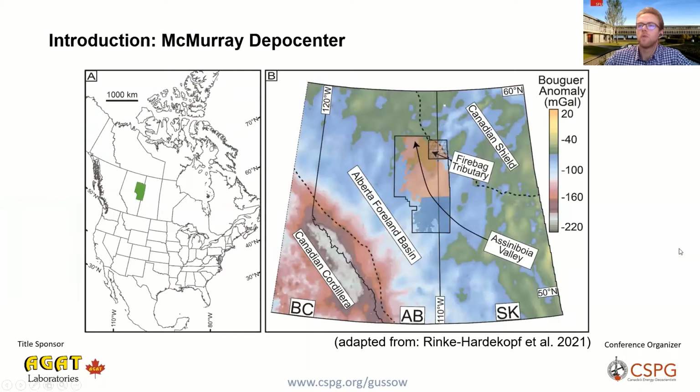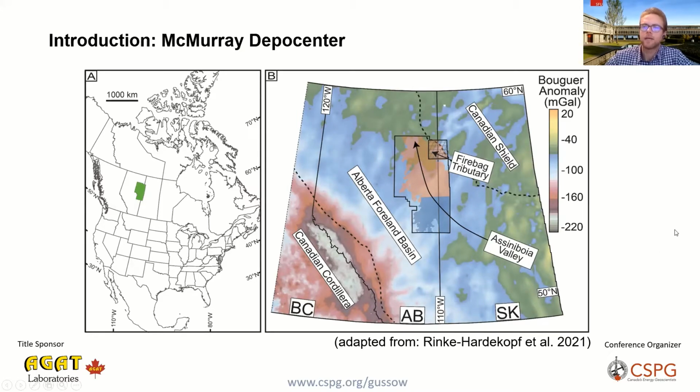So, as most of you will be aware, the McMurray Formation can be found among a few other localities in the Athabasca as well as the Cold Lake Oil Sands region, where the formation sits on top of paleotopographic lows on the underlying Devonian rocks. And these topographic lows are interpreted as paleo valleys, the most prominent of which, of course, being the Assiniboia Valley. But my research focuses on the northeastern part of the McMurray subbasin here,